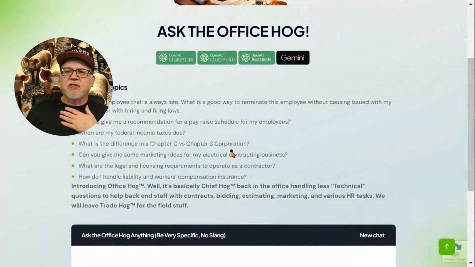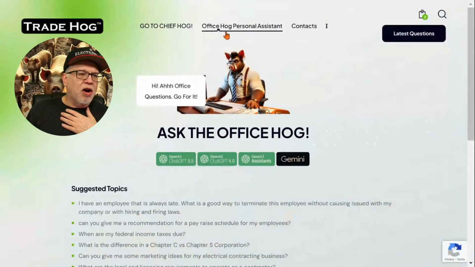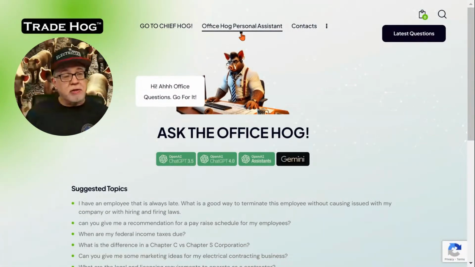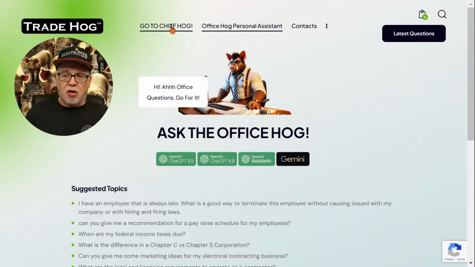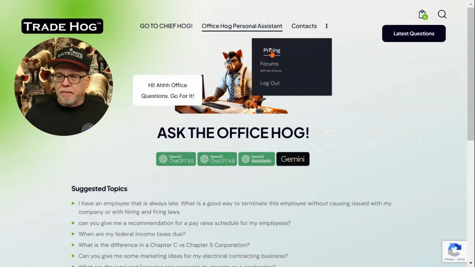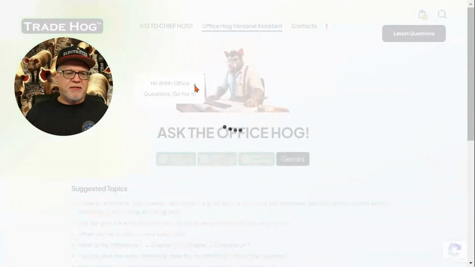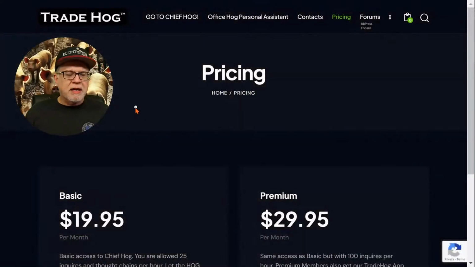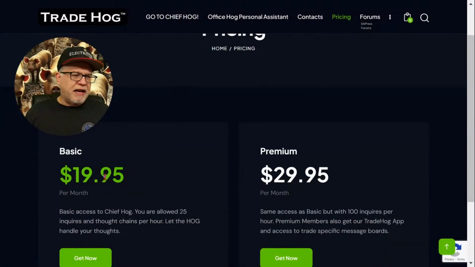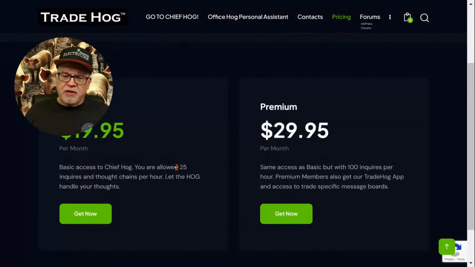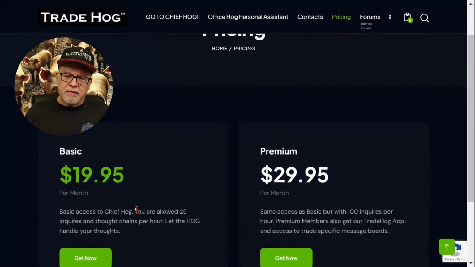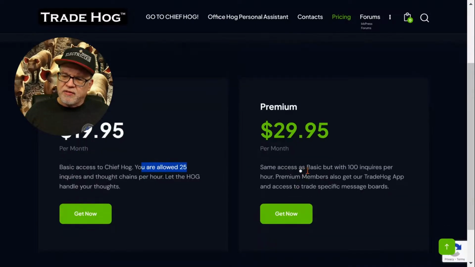But anyway, that is called the Office Hog, and it's included, by the way. It's included in all of the subscriptions to TradeHog. People want to know what the pricing is for TradeHog. It is $19.95 a month or $29.95 a month. The only difference in the two is that you're allowed 25 inquiries for $19.95, and for the $29.95 it says 100